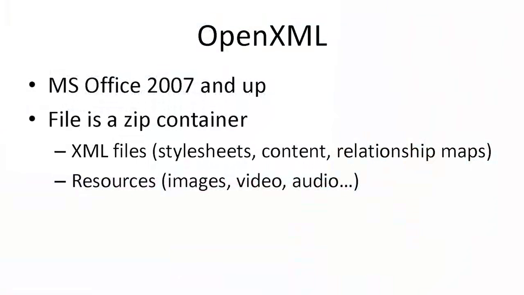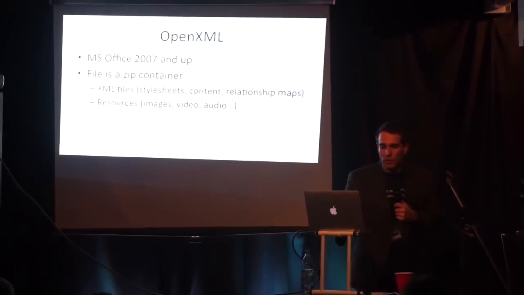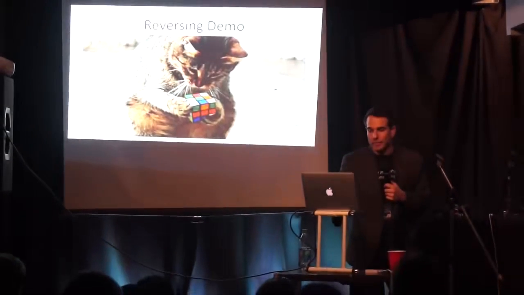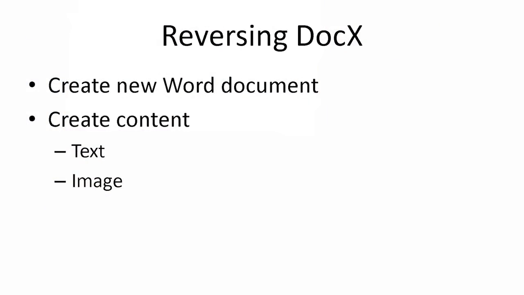So I spent some time researching how to perform that in Word documents with the OpenXML format, and I'm just going to show you that. But very quickly about OpenXML: these are essentially containers, one zip file that's got a bunch of XML files in it, and also resources and other images. But what I really want to focus on here is how I was able to quickly reverse